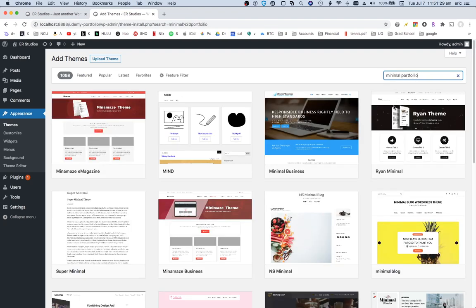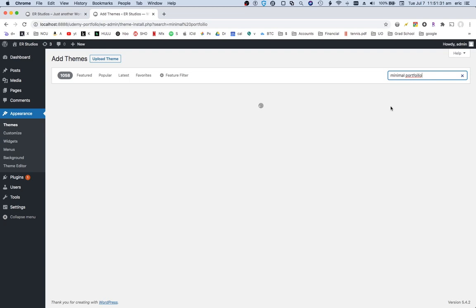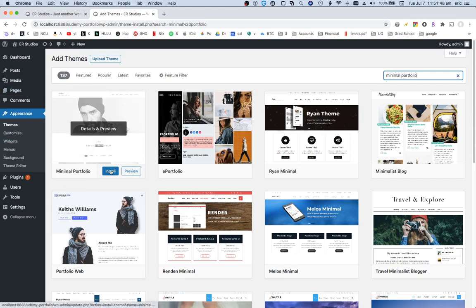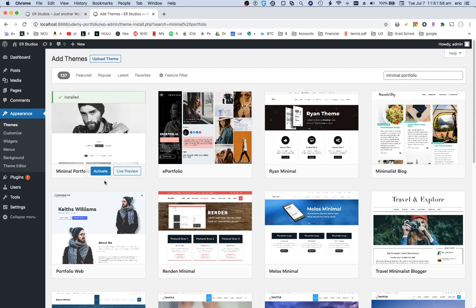Definitely feel free to check out the other themes, implement them, play with them if you wish. The principles that we're going to outline are going to be the same. So this is the theme I used for that finished product. I'm going to click the install button, and WordPress is automatically going to fetch it, install it, and then we can apply it without actually having to leave the administration area, which is great. So I'm going to click activate it,